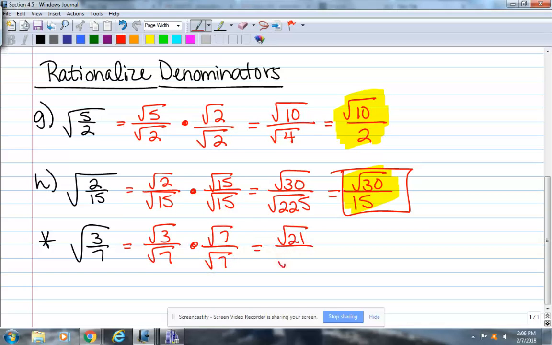Radical 21 over radical 49. Does radical 21 simplify? Nope, so you can leave it the same. There's no squares that go into that. Square root of 49 is 7. And there's your answer. Raise your hand if you got radical 21 over 7. Any questions? All right. The next one,